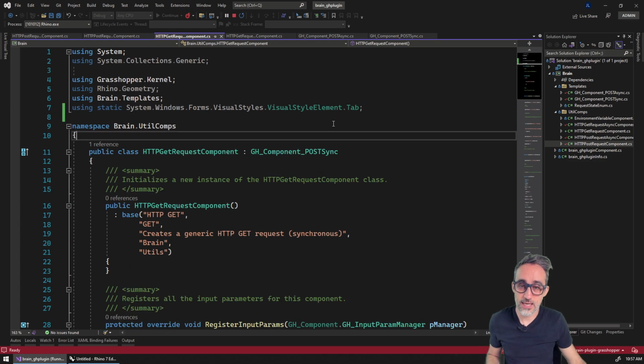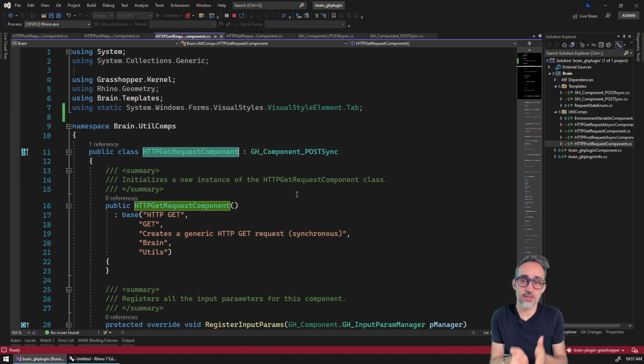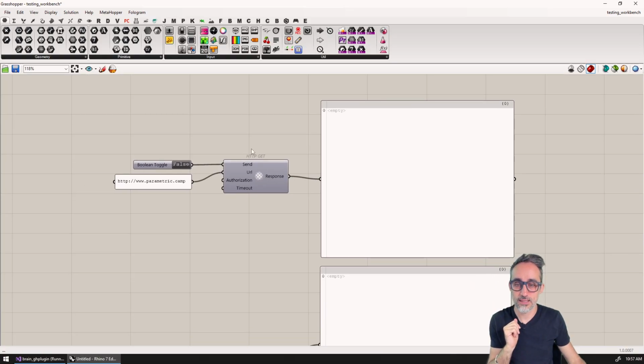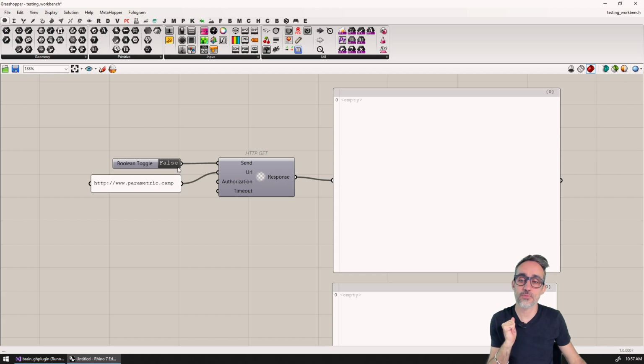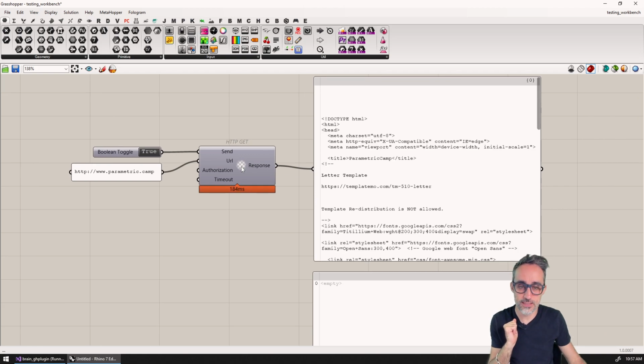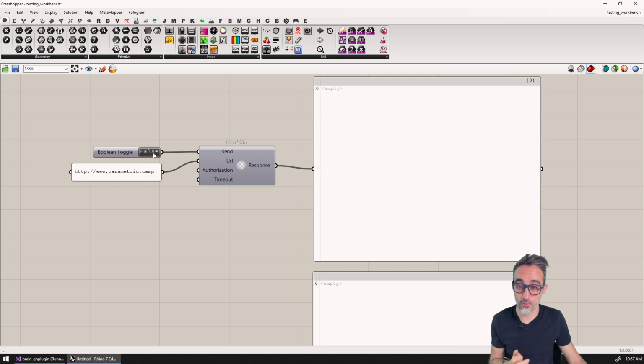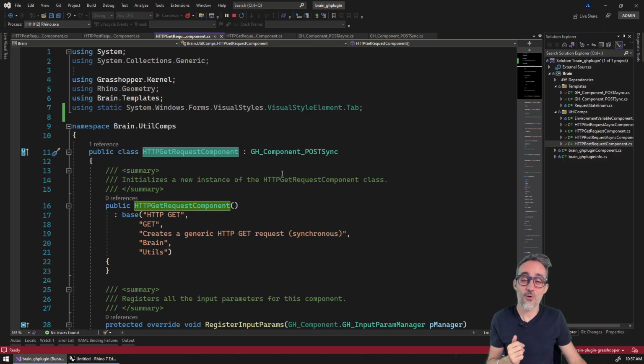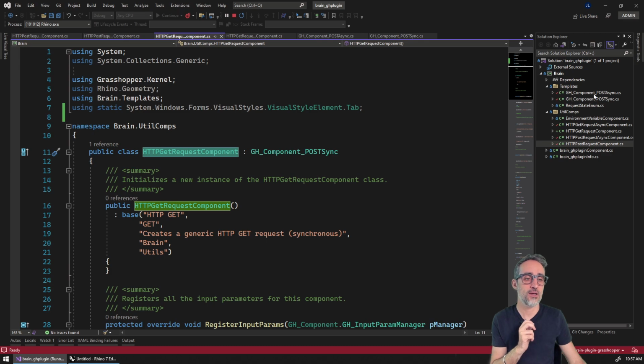And what I've done is I have implemented an HTTP GET request that is synchronous. So if you look at the code now, this is the new component. And if I turn this on, you can see that it did block for a little bit, right? And it gives me a response for this random website. Okay. Now, what's interesting is that instead of creating a new template for Grasshopper component, GET asynchronous, Grasshopper request, POST, GET synchronous, etc.,